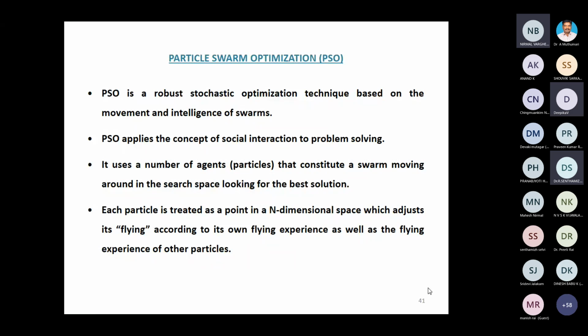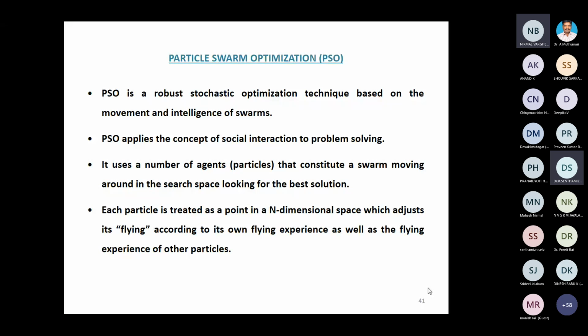Sir, one doubt. Before doing PSO, would you have done pre-processing and feature extraction? No need of pre-processing for PSO. All this is not required here. It is required only when you go for images and use the help of CNN. Here my inputs are numerical values, so there is no need of pre-processing, no need of segmentation. All those things are not required. Okay, sir.